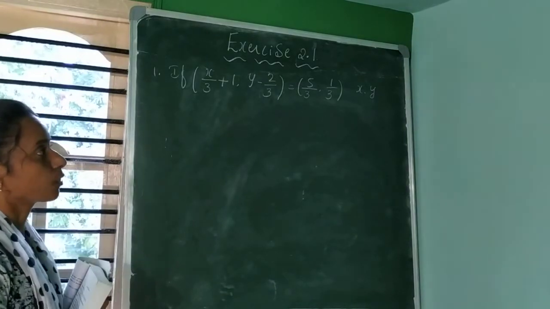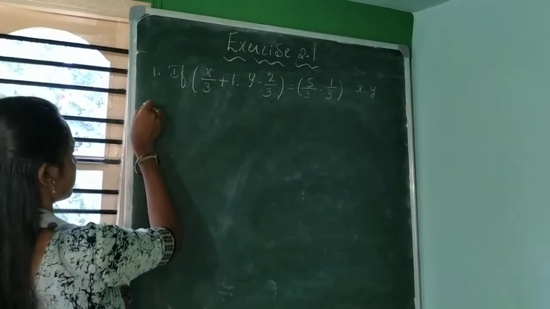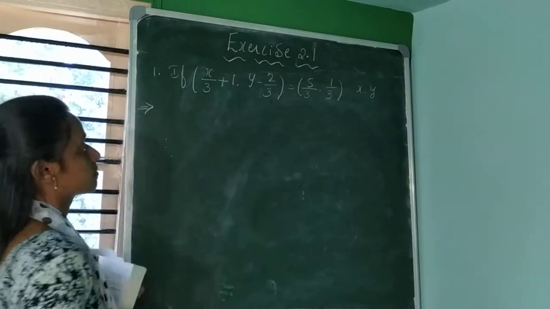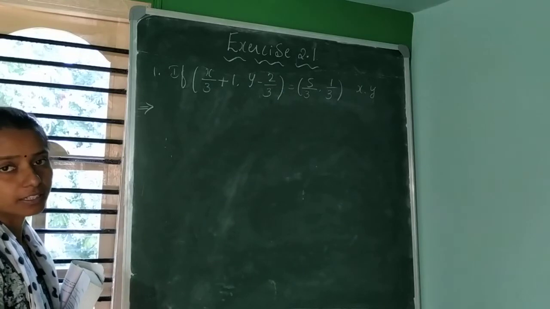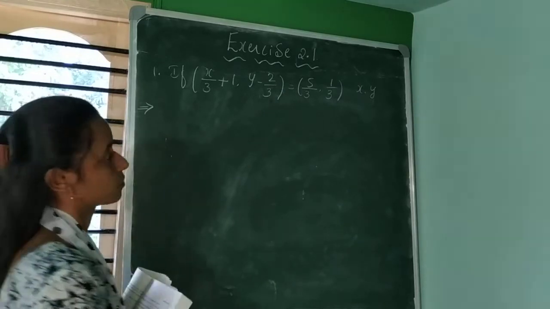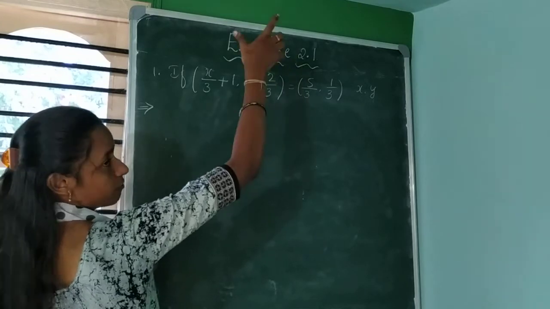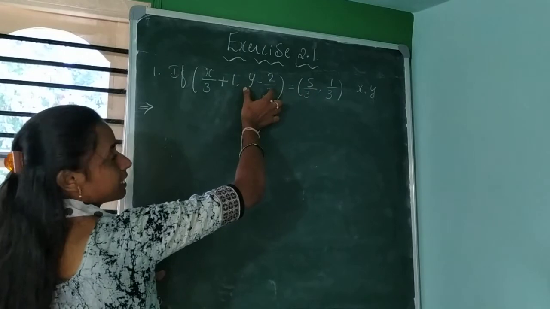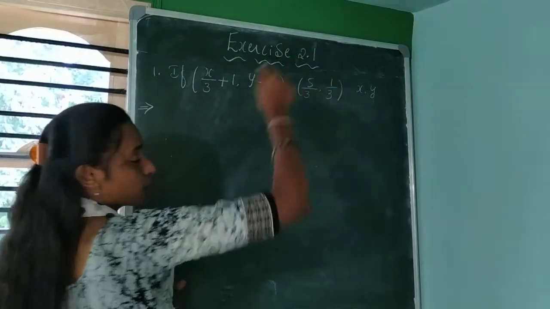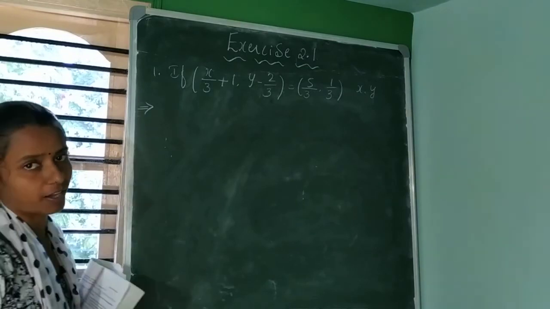We did the same problem as example 1 in a previous class, so we just go with the same method. It's nothing but these two ordered pairs are equal. Go with that definition only. You equate the first element of the first ordered pair with the first element of the second, and the second element with 1/3, and simplify. There you will get the x and y values.